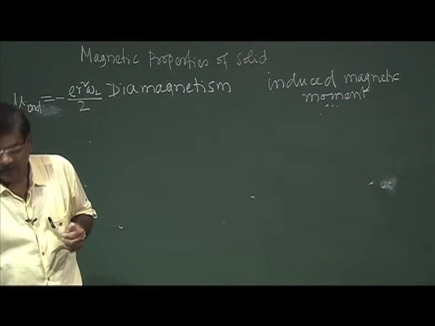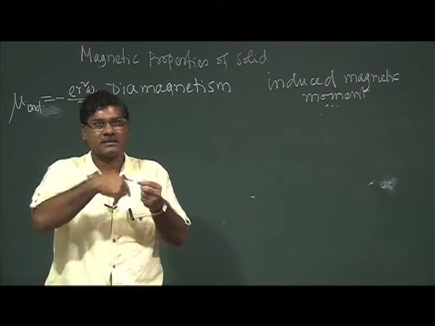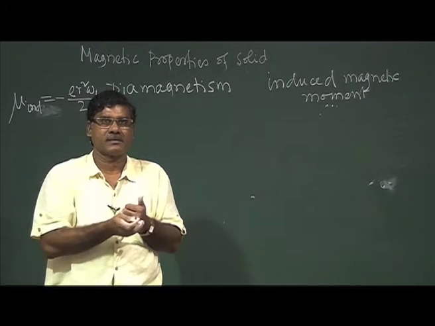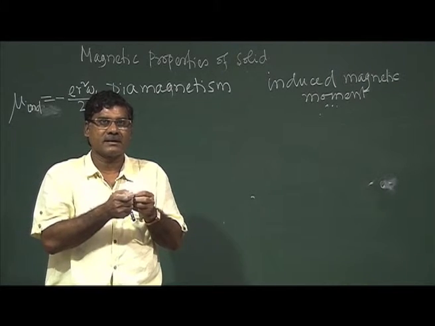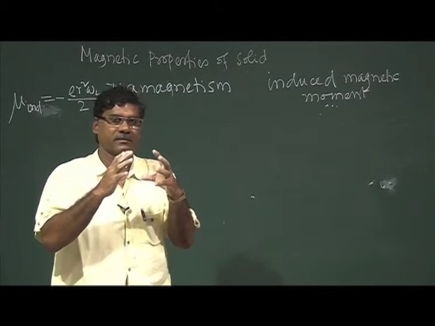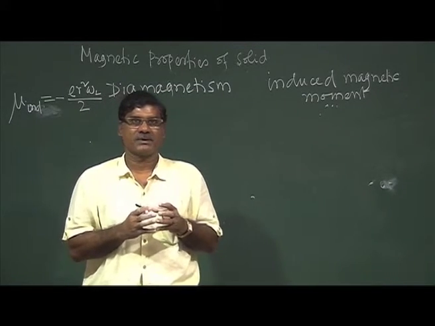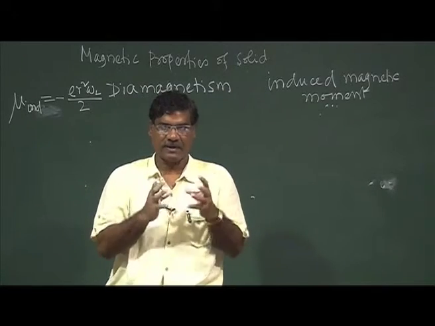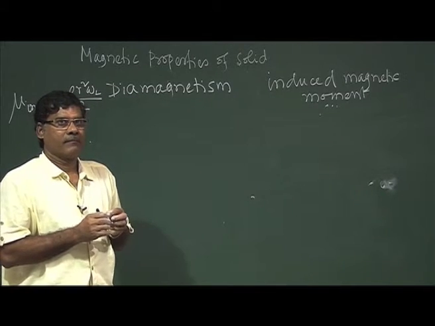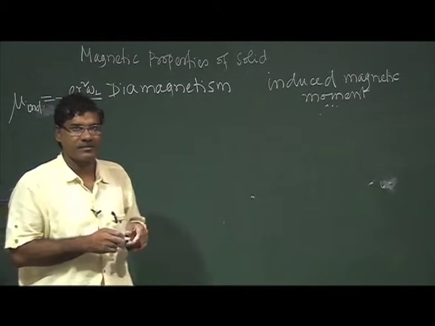Now, what happens? An atom has many electrons, and each electron has an orbit. These orbit sizes, R, are different, and the orbit may not be circular all the time, it may be an ellipse, etc. So if we consider the distribution of charge, the negative electron charge has spherical symmetry with respect to the nucleus, then there are orbits, and mu induced is attached with each orbit.